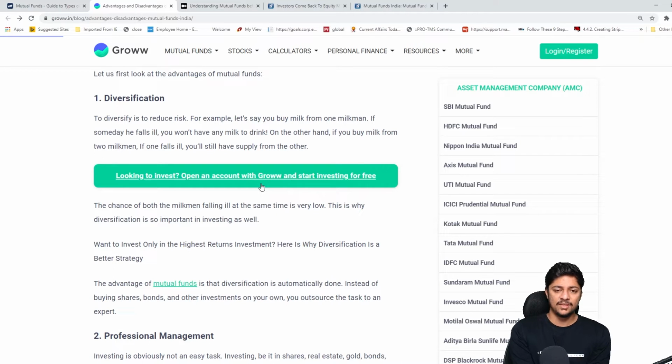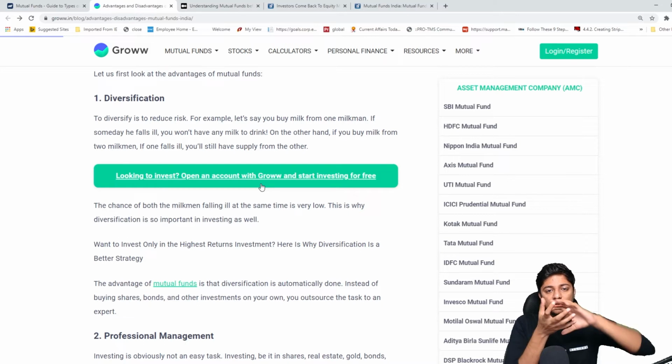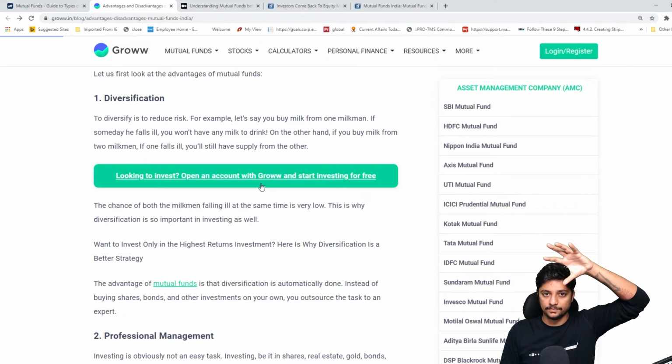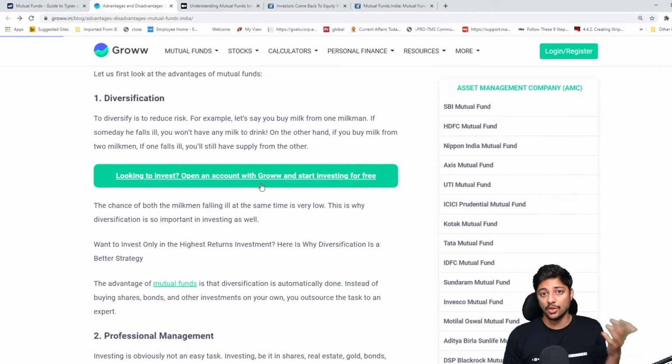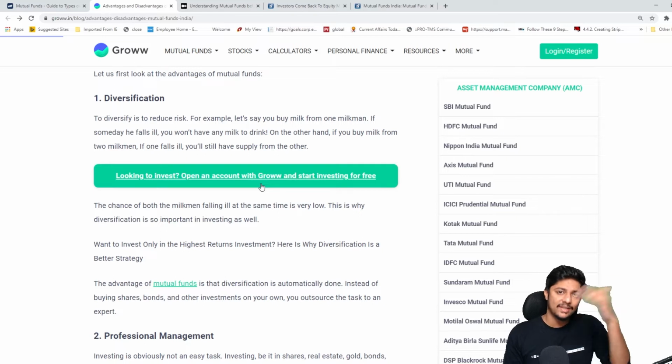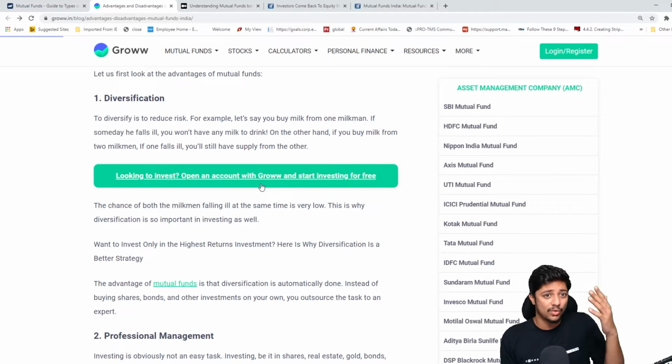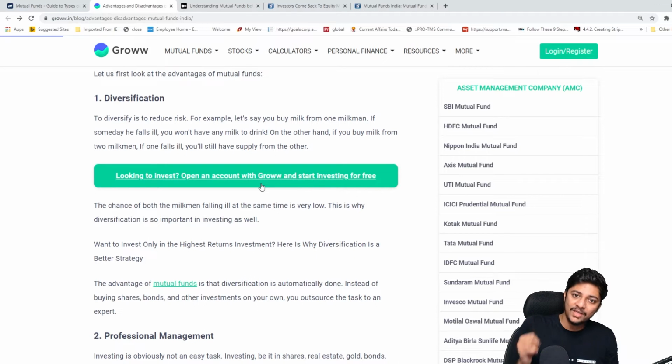Diversification basically means, okay, a fund manager will invest that money into different stocks. Understood? Now, what happens here is, say for example, I only have 1,000 rupees to invest. Okay, now if you have 1,000 rupees to invest, what will you go buy? If you had to go buy in the stocks, what would you go buy? You would have to go buy something that is less than 1,000 rupees. You can't go buy, say, Reliance, which is more than 1,000 rupees. You can't buy HDFC Bank, more than 1,000 rupees. But the fund says, don't worry, okay, don't take tension.